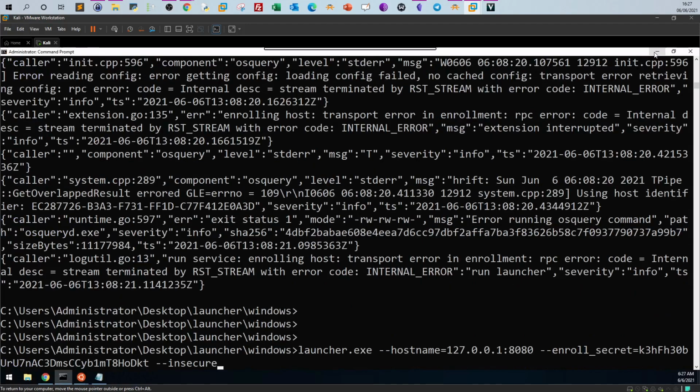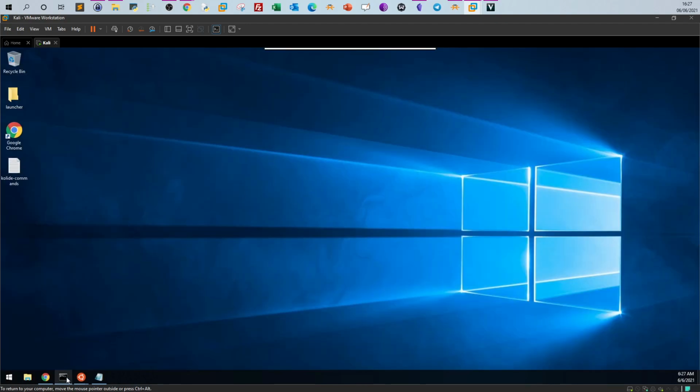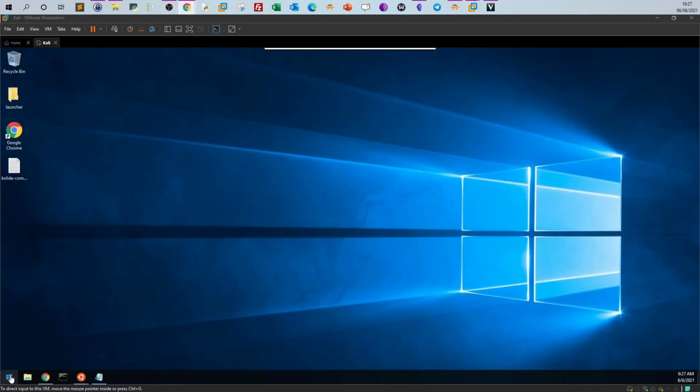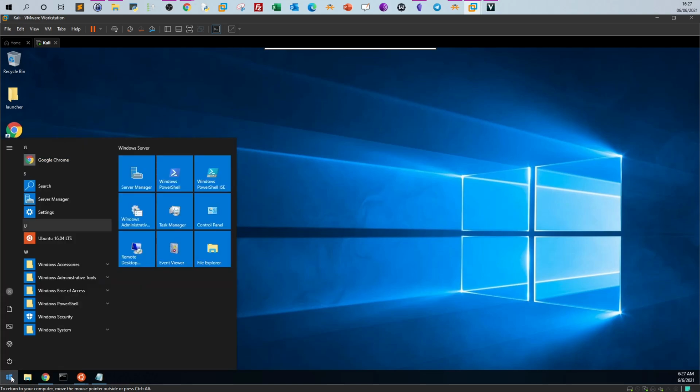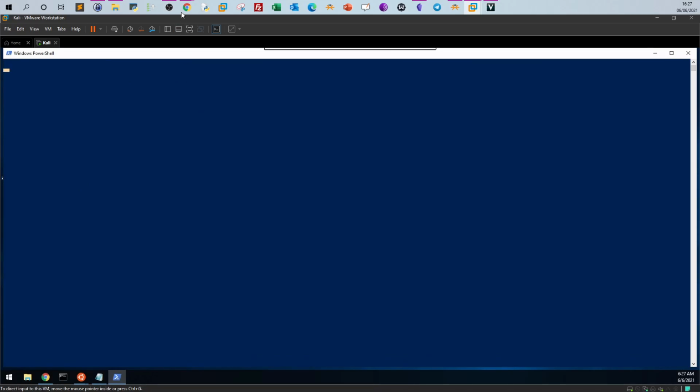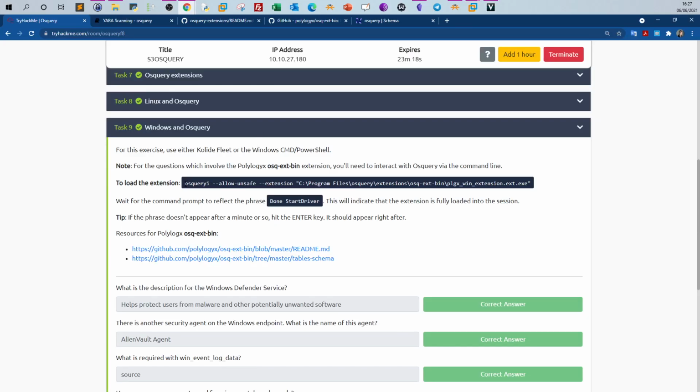So we're done with investigating Linux. Let's investigate Windows now. I prefer you run PowerShell as administrator, and run this query in order to load the extension required to perform this task. The extension is at the